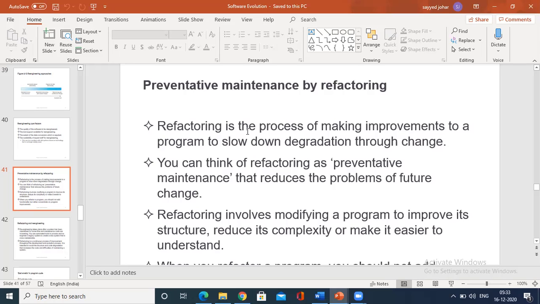Hence, it is easier for the user to understand. Refactoring is sometimes considered part of object-oriented development, that is, by using a unified modeling language. Whenever we refactor a program, we should not add functionality, but we should concentrate on program improvement.